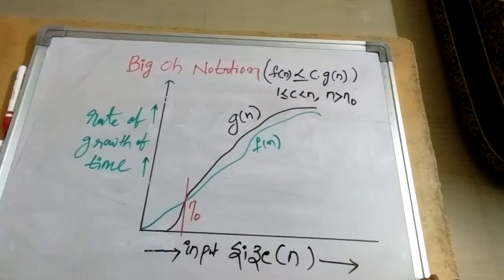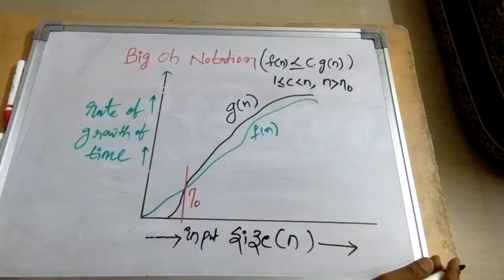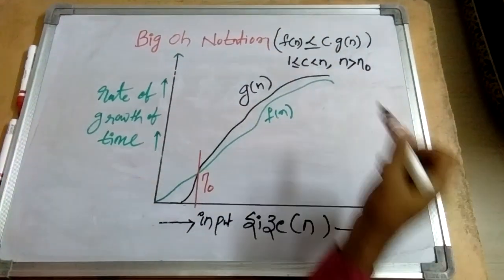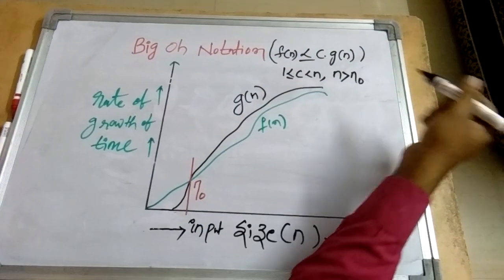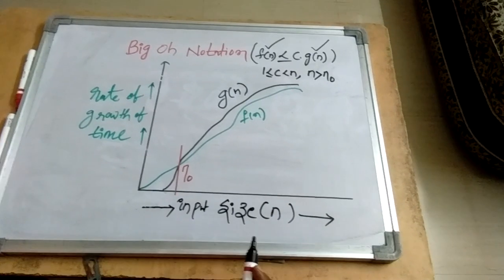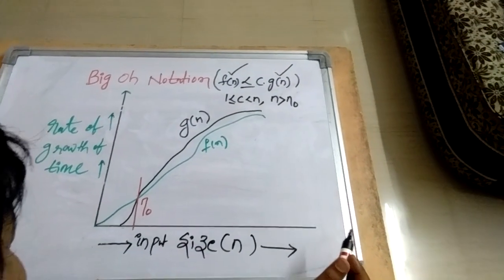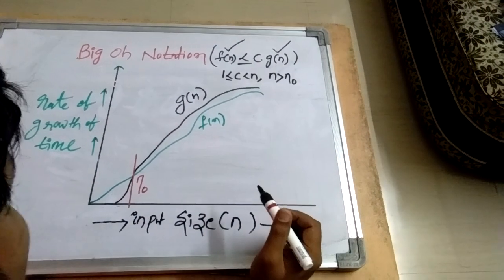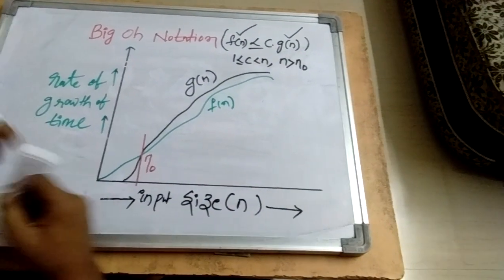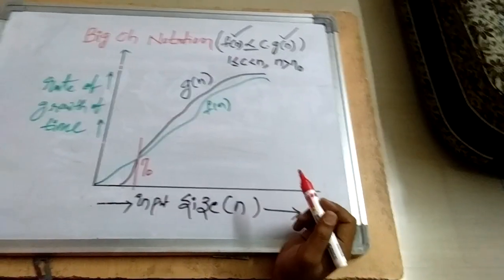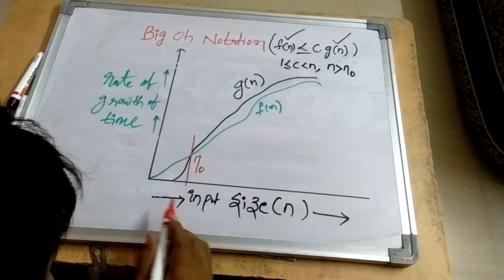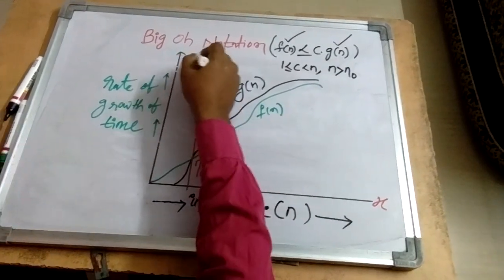Okay guys. Now let us see, the big O notation can also be represented graphically like this. We come to know that f of n is always less than or equal to some constant multiplied by g of n. Of course, we are going to derive this f of n and g of n right now, but the graphical representation of big O notation could be like this. The f of n is represented in green color and the g of n in black color. These are linear mathematical functions. So in two-dimensional space, I am representing this problem. You can take this as the x-axis and this as the y-axis.